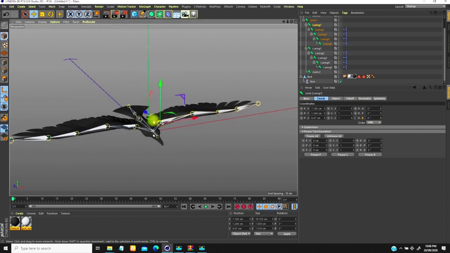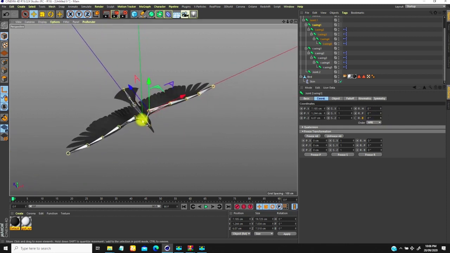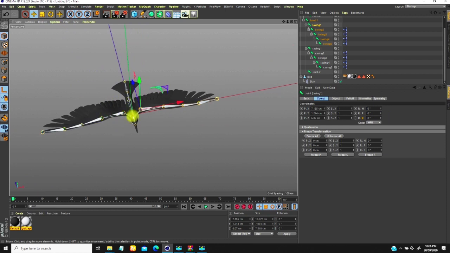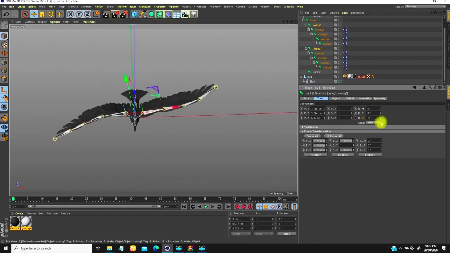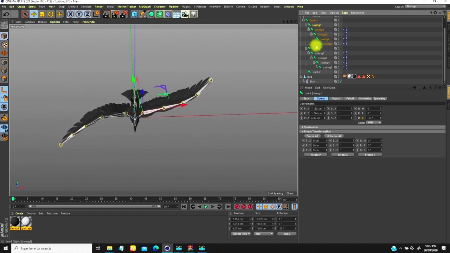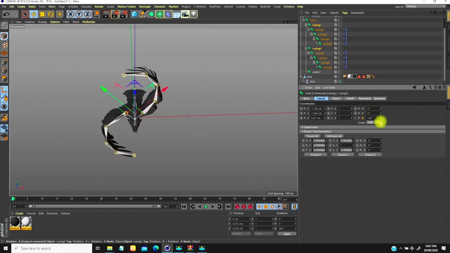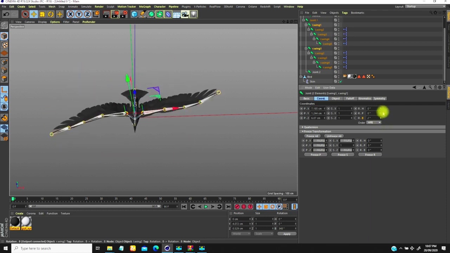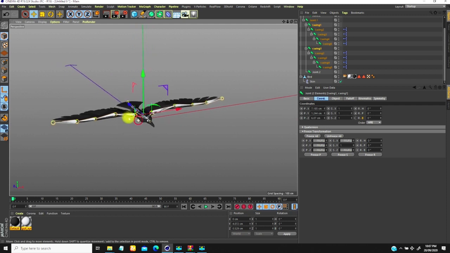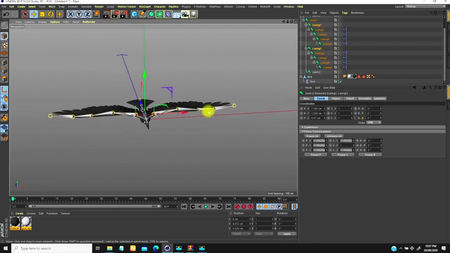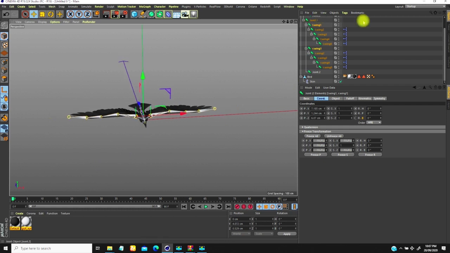So now that we have these sets, the next thing we are going to do is to look for a way to swing this. So now if I select both of them together and try to do this, you see this is what is giving us, and we don't want that. So I'm going to create another expression that will help us affect these wings, moving this. So as we are moving that slider, this comes down, this also comes down. So what we're going to do is we're going to create,